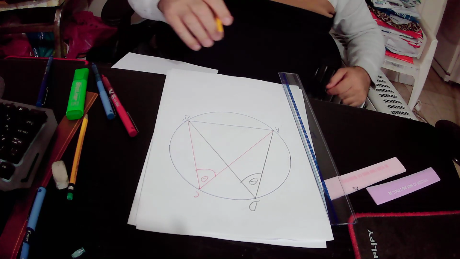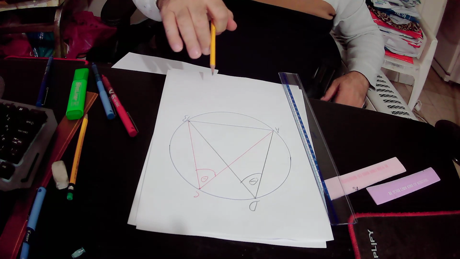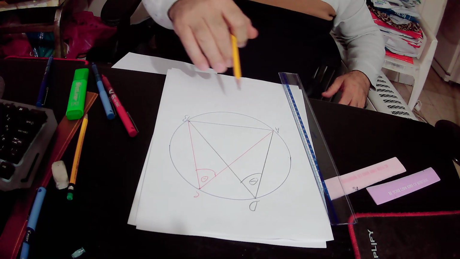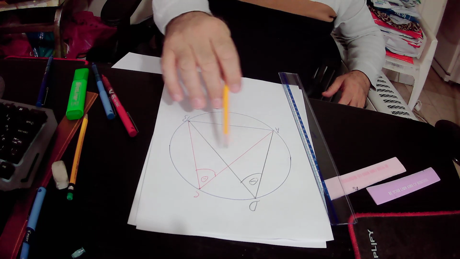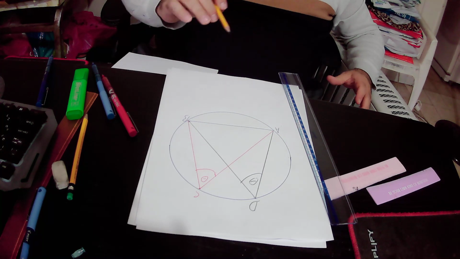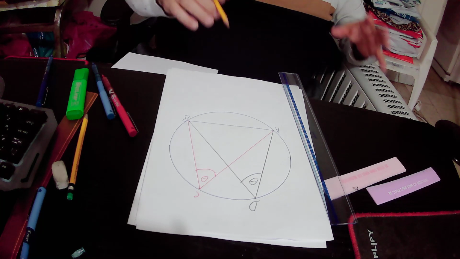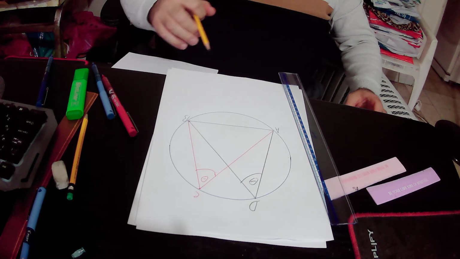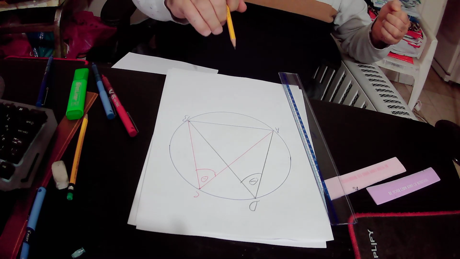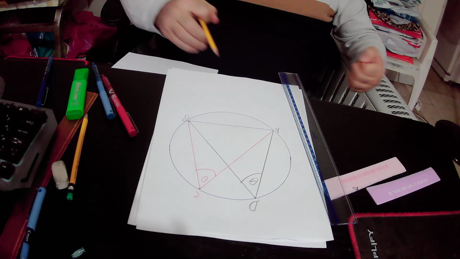If this is the reality, that we have two equal angles that subtend on the same line segment from the same side, then according to rule number 2,